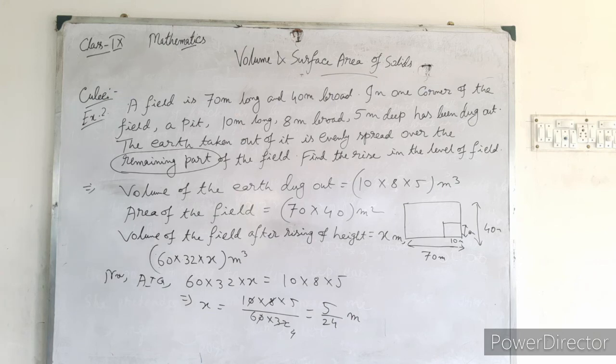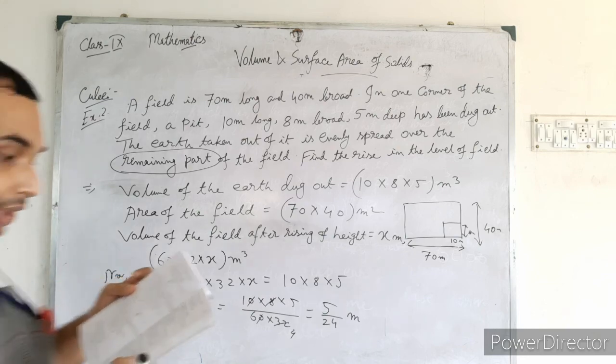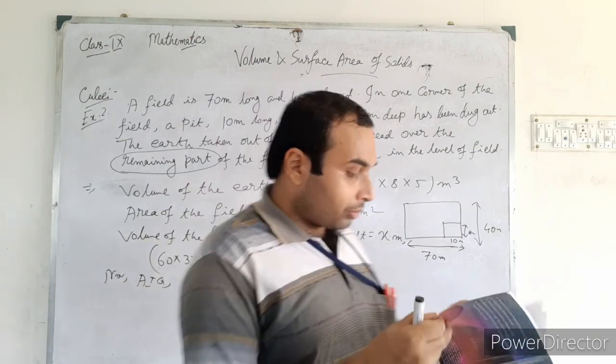Actually this question is more or less important from this cube and cuboidal part of this chapter. So you have to practice those, and also some of the examples and exercise problems. I will give some important problems from here. The river problems are there, the water flow, the storage tank. We will solve those gradually.